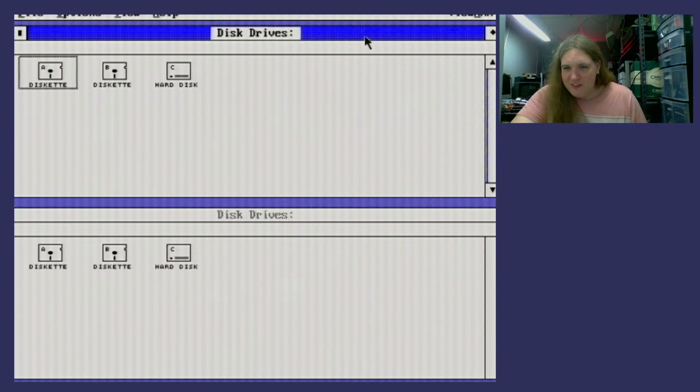Must be 2055. Oh yeah, that's true, so it would be 2055. I just realized the file hashing would use a fair chunk out of your memory, but if you have extended memory, you should be okay. I do not. I just have the 640K, but I'll cross that bridge when we come to it. So, what was I... Oh yeah, I was talking about...